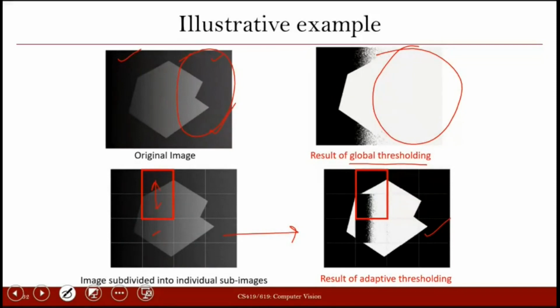But from this picture, we can understand that if you are using the adaptive thresholding, then the segmentation results are better compared to if we would have used the global thresholding. Wherever we see that the segmentation is not proper, then in that segment the partitioning needs to be further done. You see that in this region the segmentation is not coming proper, or in this particular region. So then we have to do further partitioning.